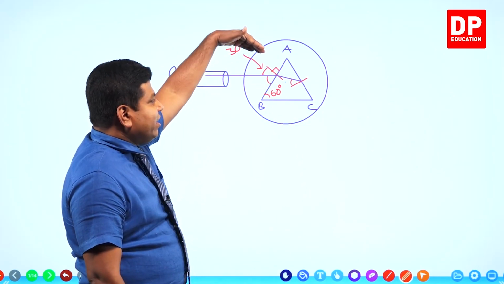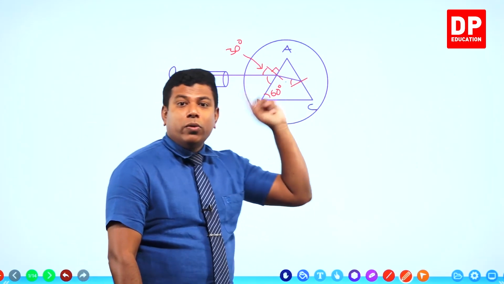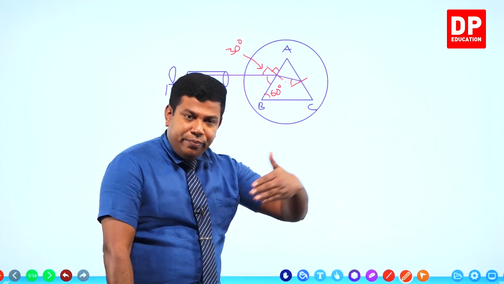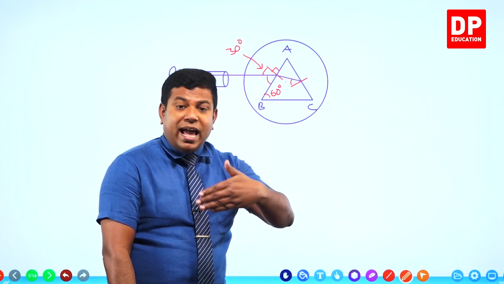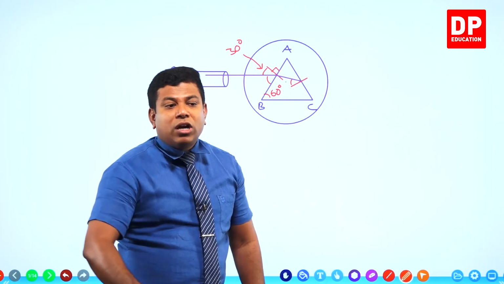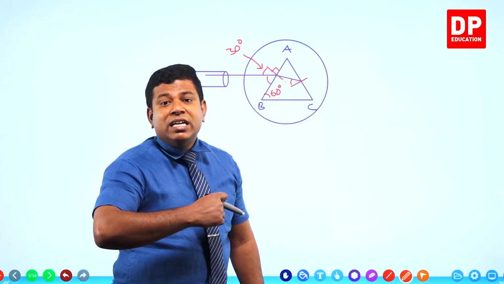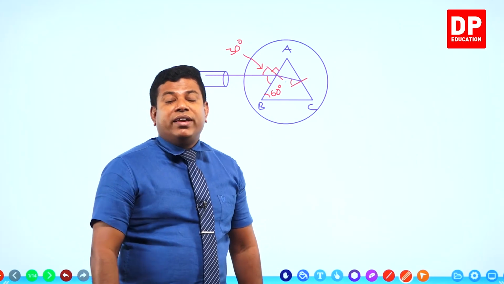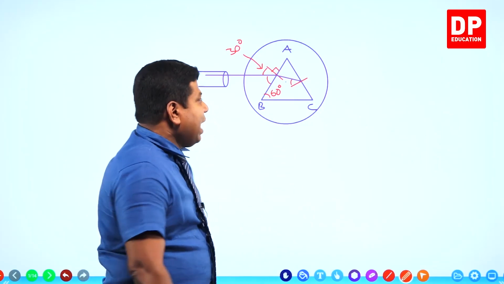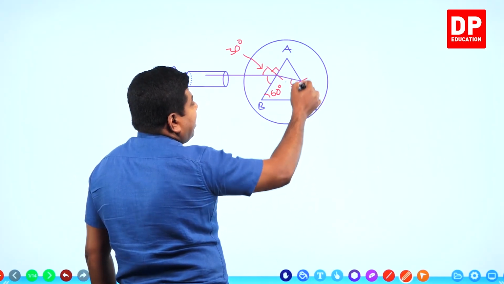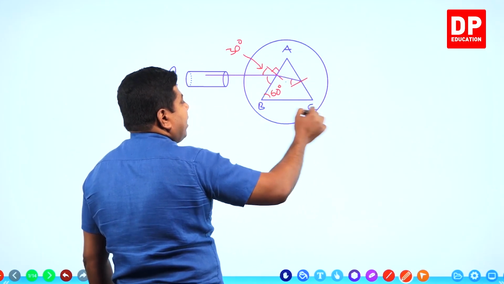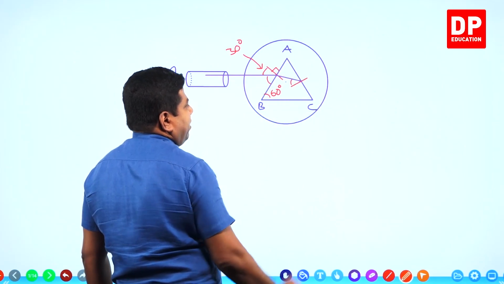If this is less than 30 degree, this will be more than the critical angle. What will happen on a glass air surface if the ray reaches at an angle greater than the critical angle? It will not refract, it will not emerge to the other side. Instead, it will get reflected internally. We call it total internal reflection. So, at this point, total internal reflection will happen if this angle is less than 30 degree. This is applicable only for equilateral prism, 60, 60, 60.